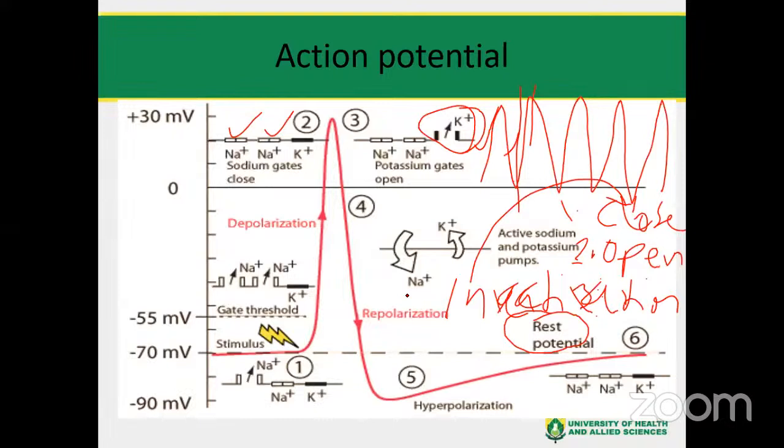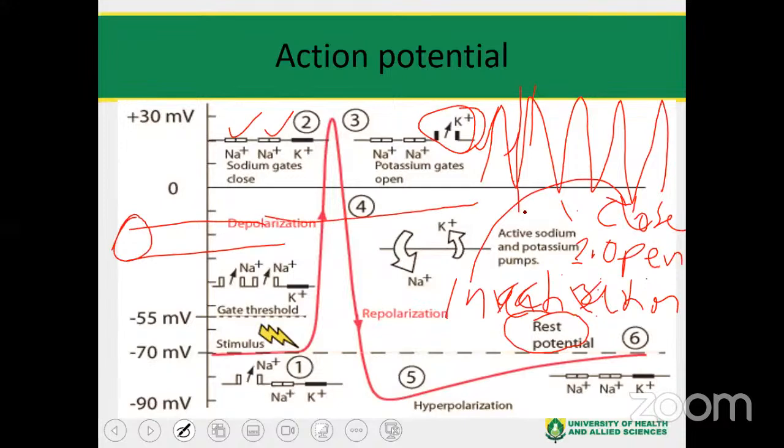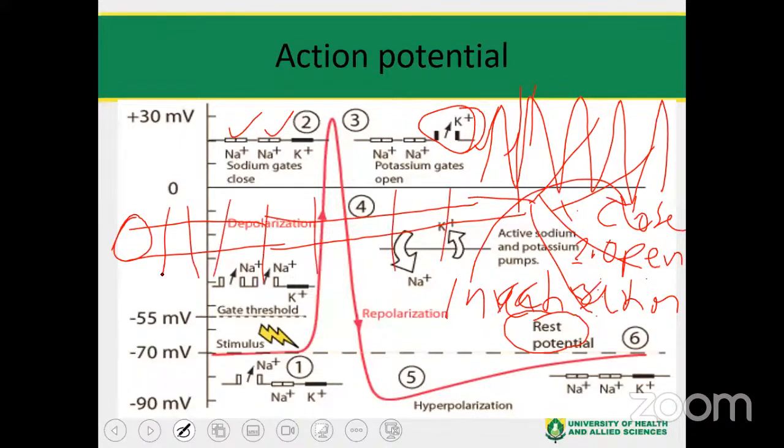So let me try to draw a neuron. Like you have a neuron here, like this. It's from here, and then we want the information to go all the way to the brain or wherever. Let's say I've drawn this into different portions like this. So at part A, let's say this is A, this side is B, then we have C, D. Have you seen that? So at A,